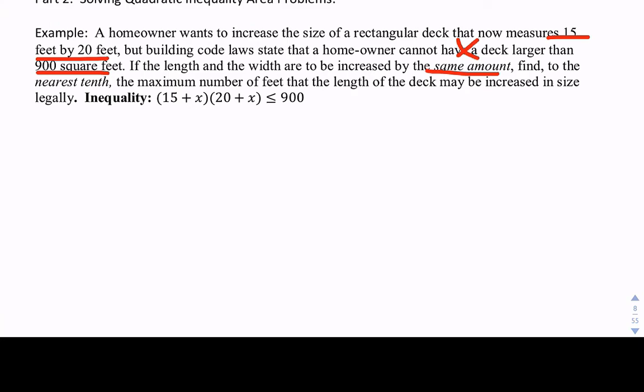legally. So here's the inequality. So again, we're increasing the 15 by a certain number of feet, x. We're increasing the 20 by a certain number of feet, x. And that has to be less than or equal to 900. So there's the inequality. All right, so let's go over how you would solve this